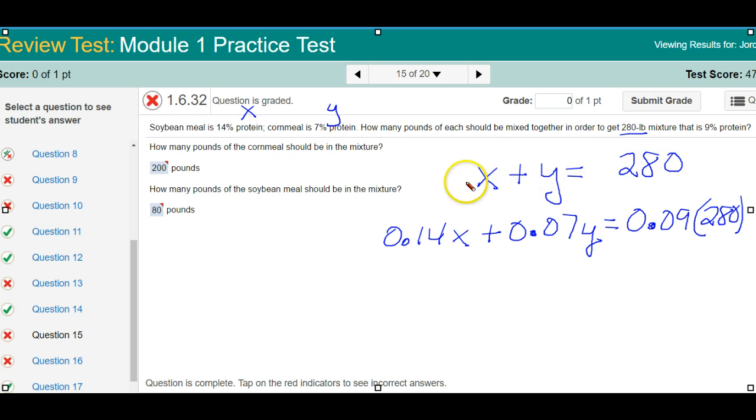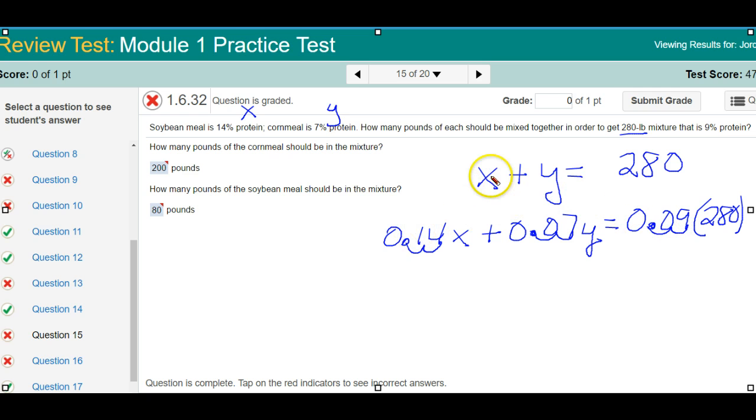This is the portion of that 280 that's 14%. This is the portion of the 280 that's 7%. And we want to end up with a 9%, something in between, of 280. Those are your equations. So I would suggest you just get rid of fractions,